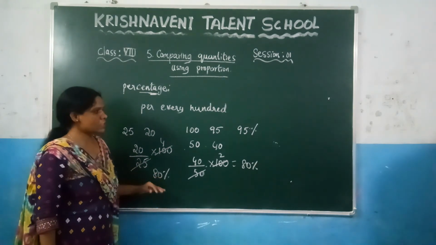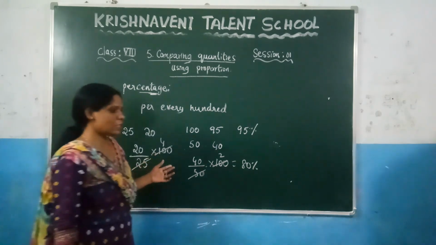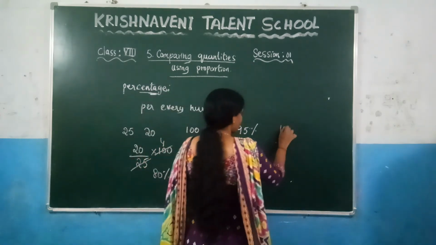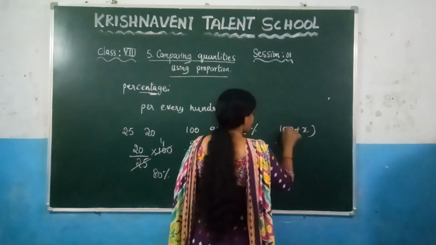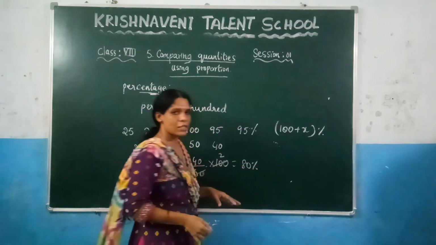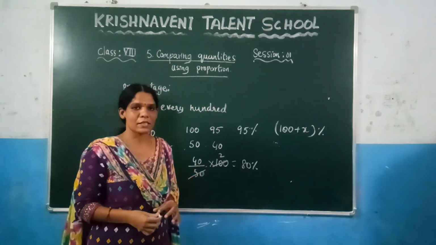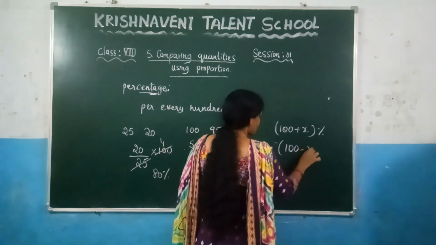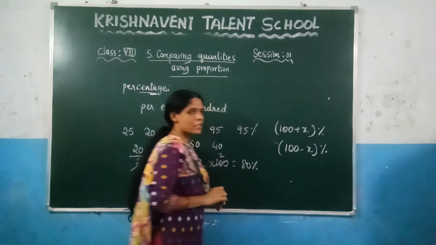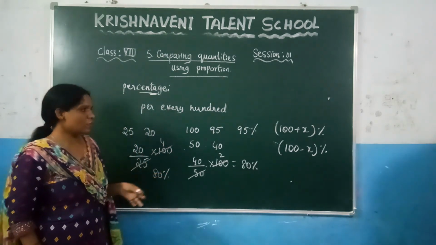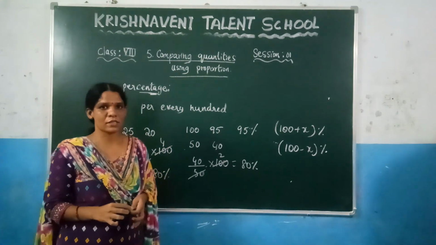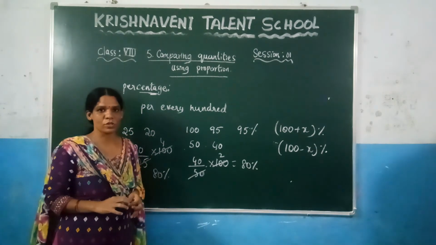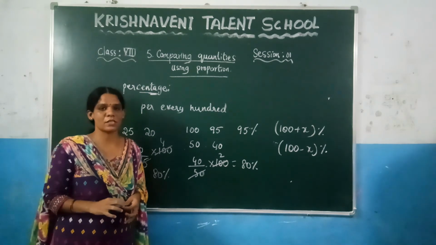This is about the percentage. Suppose they said the percentage is increased by 25, then you can write it as 100 plus x percentage. If the percentage is increased by some value, you can treat that percentage as 100 plus x, and if the percentage is decreased by some x, you can write that one as 100 minus x percentage. This one we will learn while going through the exercises. This is about the percentage and the ratio. Based on this we are going to solve the next exercise. This session is completed.